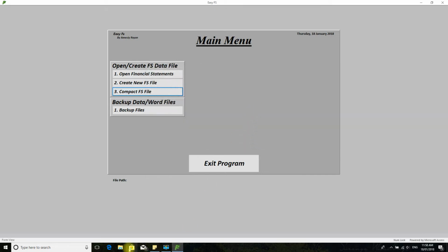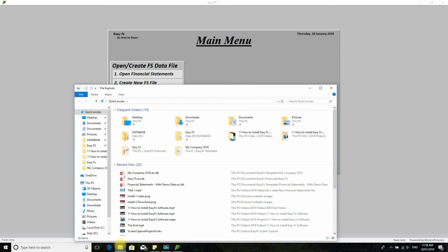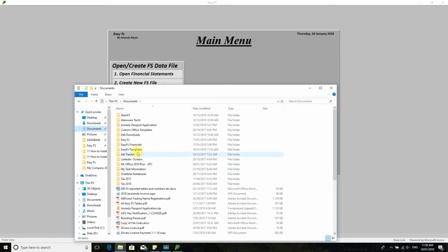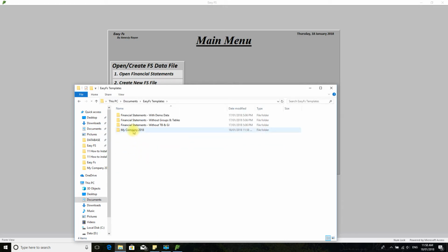And I've done that. So if I get into the location, and as you can see a backup, and again it's date stamped in this location,